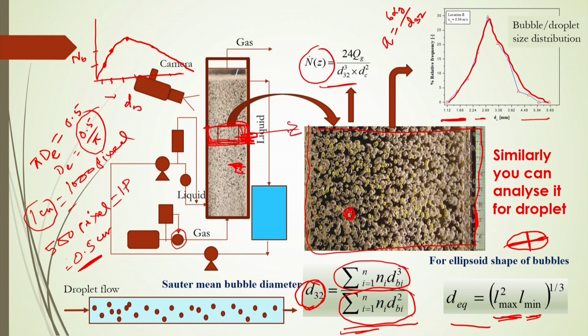Now, once you know this distribution, you can feed it to different models of size distribution for analysis. Generally, log normal distribution is one important model by which you can analyze this type of bubble size distribution or droplet size distribution. I am not going into details of the log normal distribution here. Up to this it is fine; you have to know this is the way to find out the bubble size.